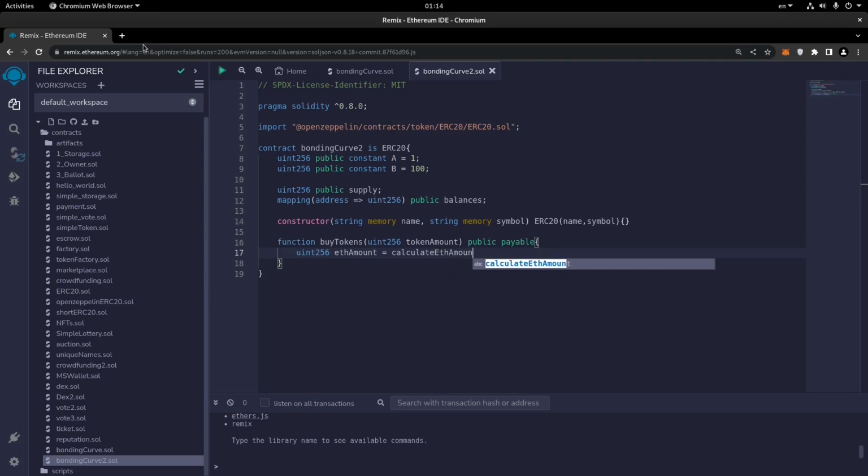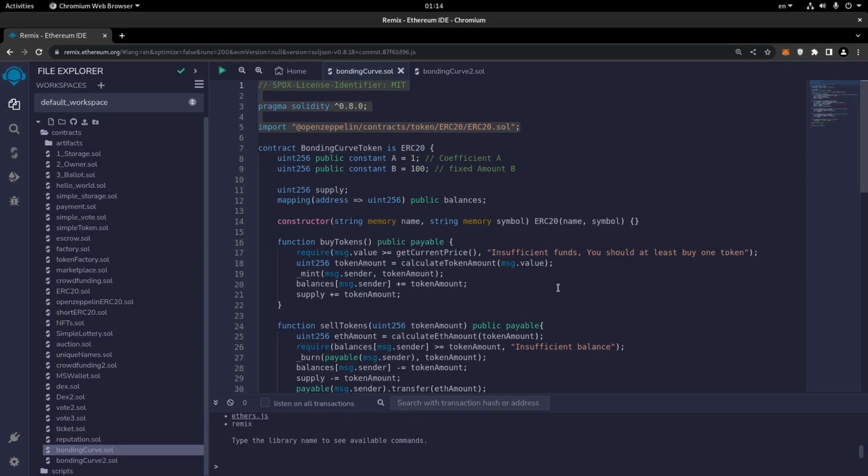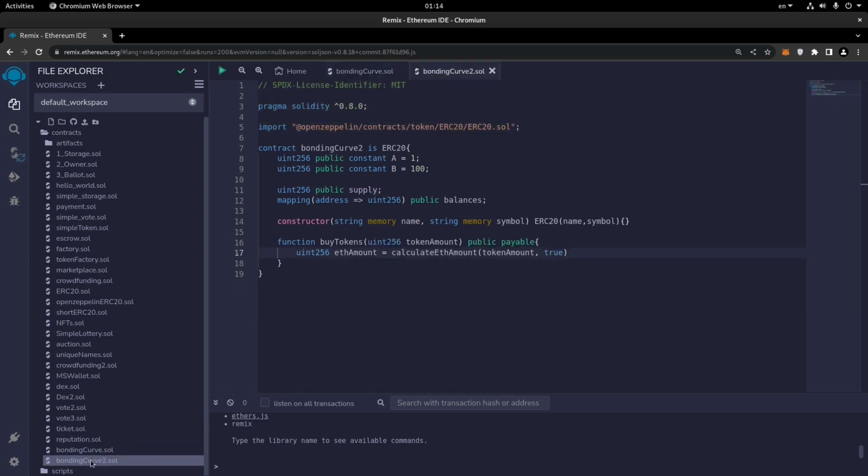ethAmount. This is a function that we will write later, so it will get the token amount and true, and I will tell you what true is. So I don't think we had this in the previous contract. Let me check. If we had it, then you have no problem, but no, we didn't have this one. So I will explain what this is, but for now let's write it. I will say why we're writing it. So calculateEthAmount, tokenAmount, and there's this status which is either true or false,